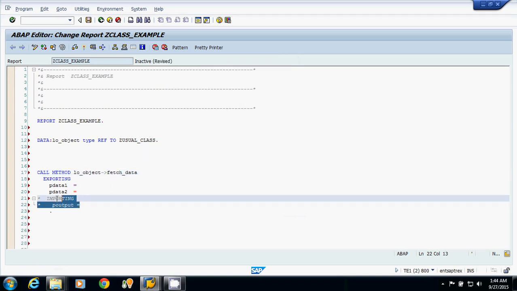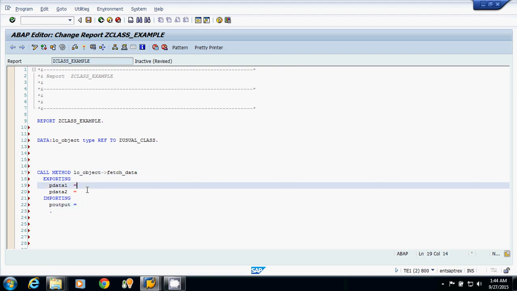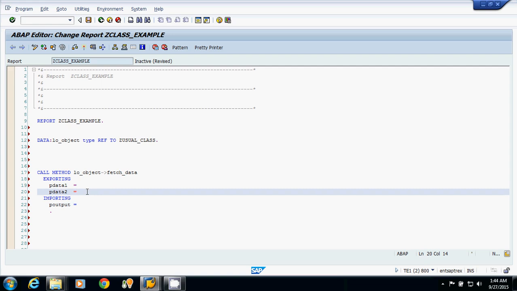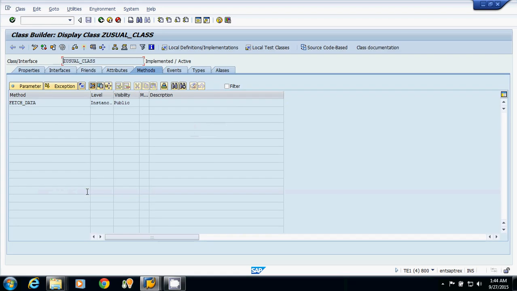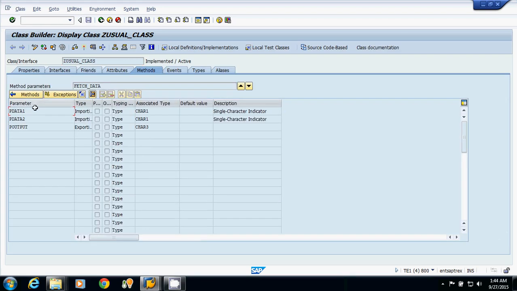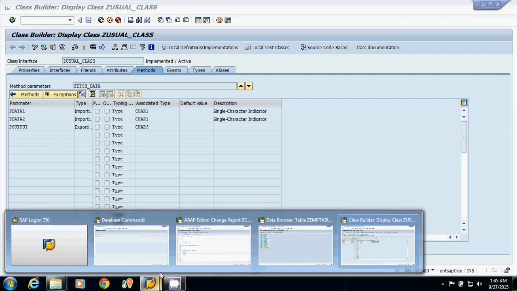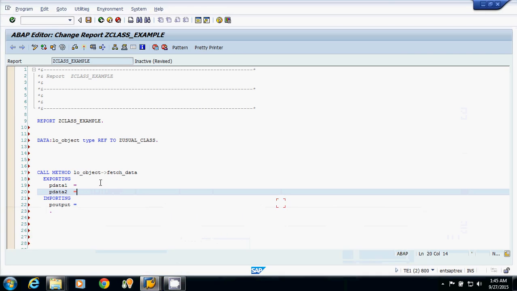Now, whenever you are reusing the method, importing will become exporting and exporting will become importing. If we check this method, pdata and pdata2 are importing parameters. In this program they behave like exporting.